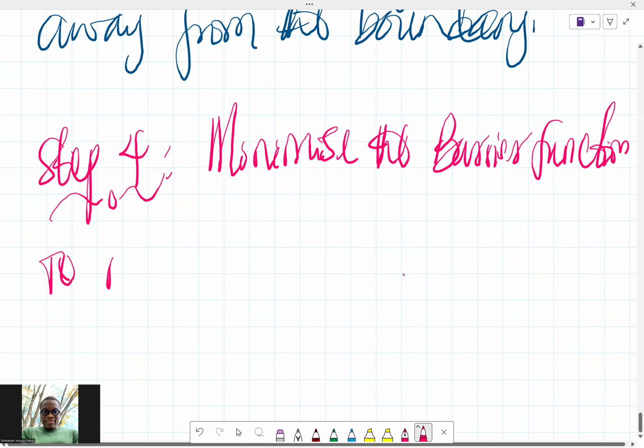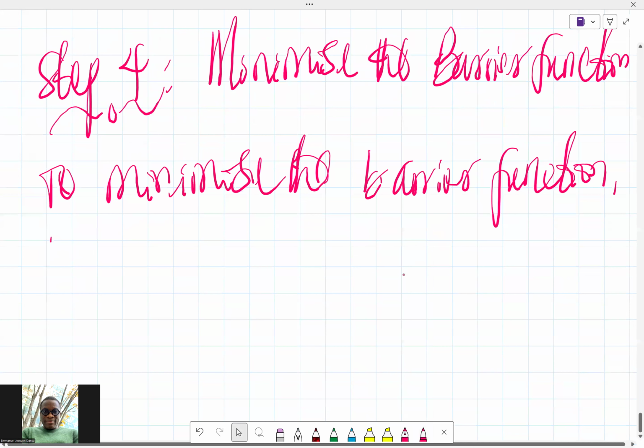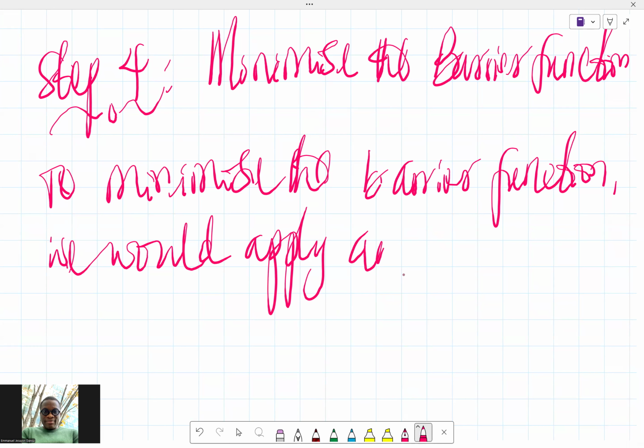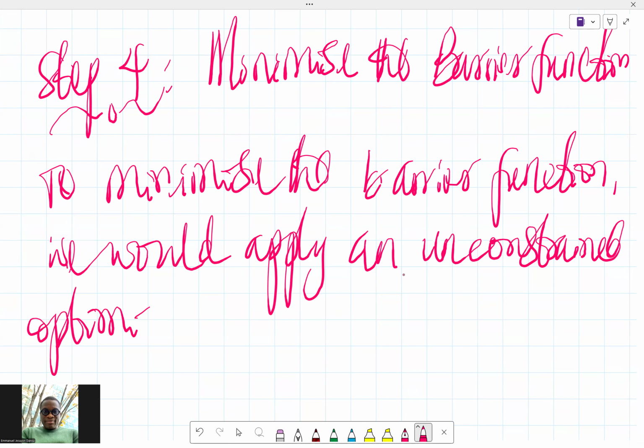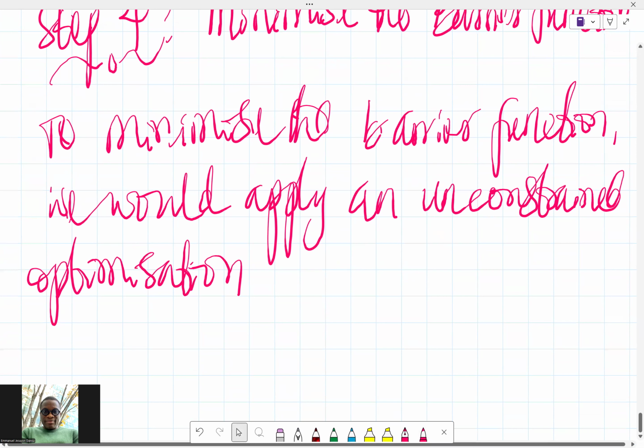So here, to minimize the barrier function, we would apply an unconstrained optimization algorithm, which, I mean, we've done most of this before: gradient descent, Newton's method, conjugate gradient, and the rest of them. We would apply an unconstrained optimization algorithm,